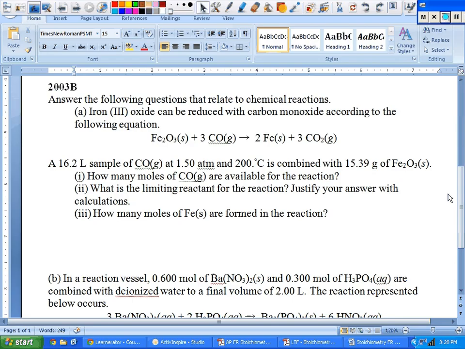This is going to be the review session for the Chapter 3 Stoichiometry test. Now, bear in mind, I've already put this in the email. We're going to take both parts tomorrow, the multiple choice and the free response. You can correct me if I'm wrong, but the multiple choice is 23 questions. Is that what I said? Yes, 23. The free response is, I can look at it, but it's,